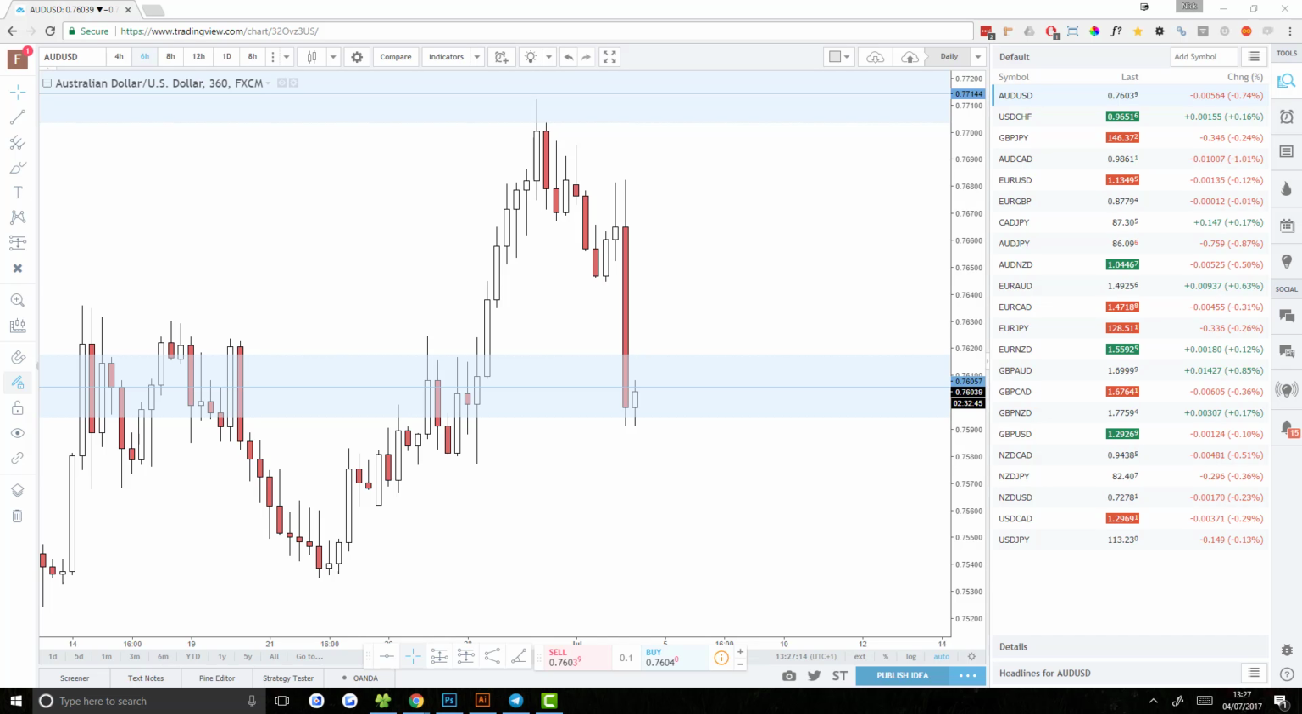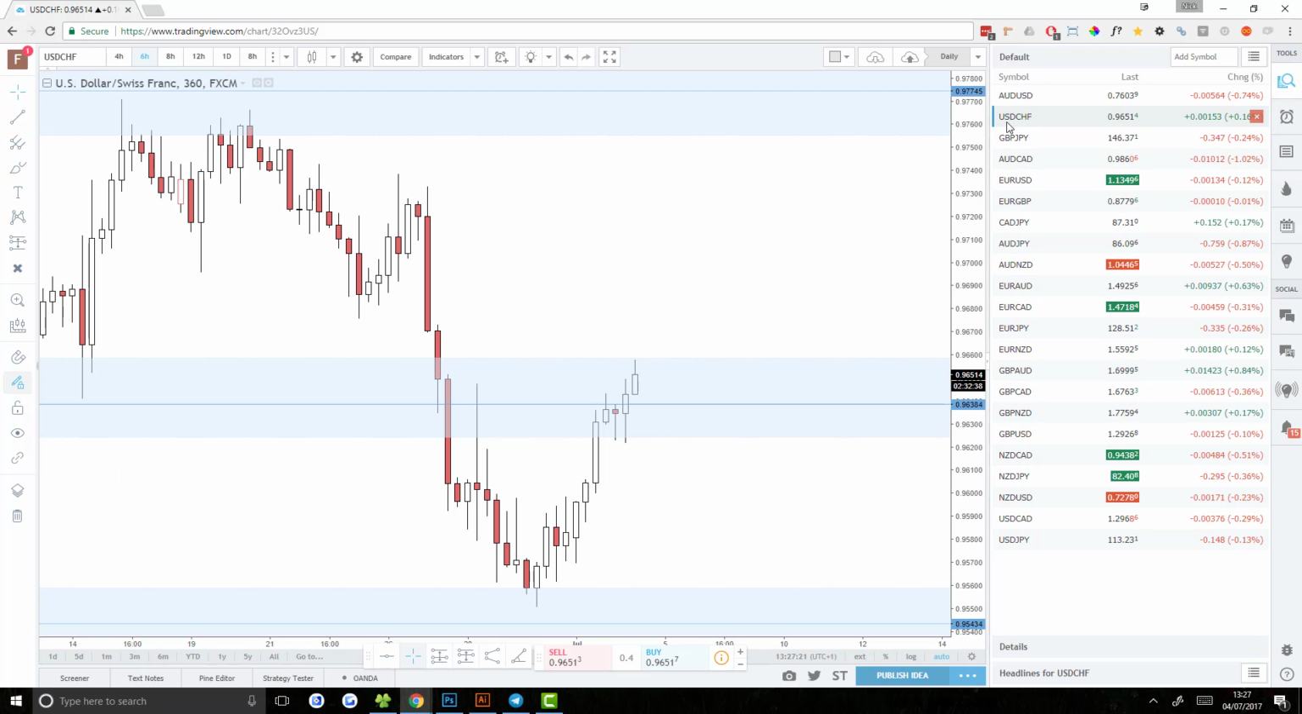Does that make sense to everyone? Does anyone have any questions about that? AUDUSD potential long trade looks good. Now, while people type,